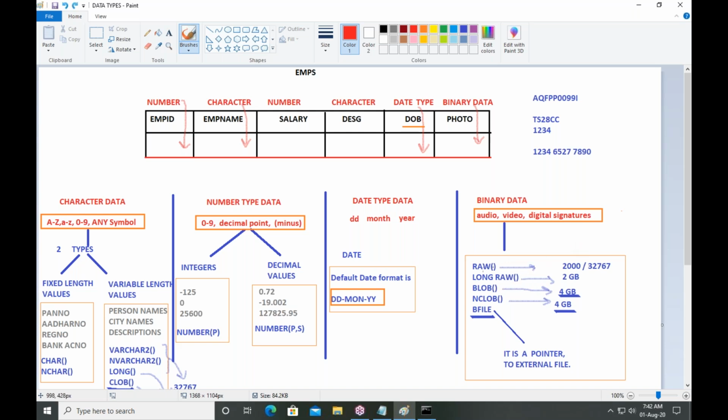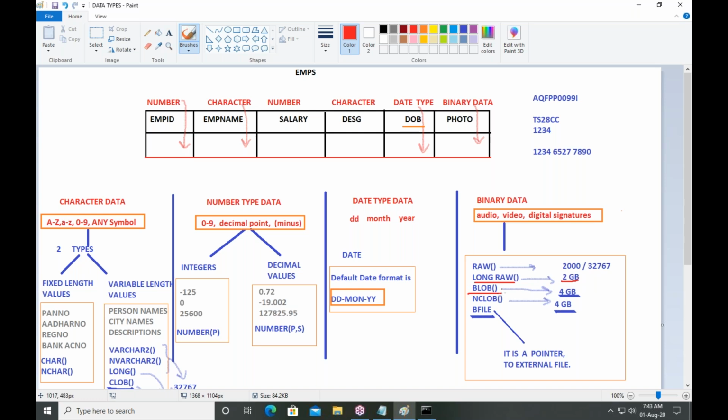RAW will store binary data, but the maximum size is 2000 bytes. And from Oracle 12c, the size increased to 32,767. LONG RAW is also to store binary data, maximum size 2 GB.